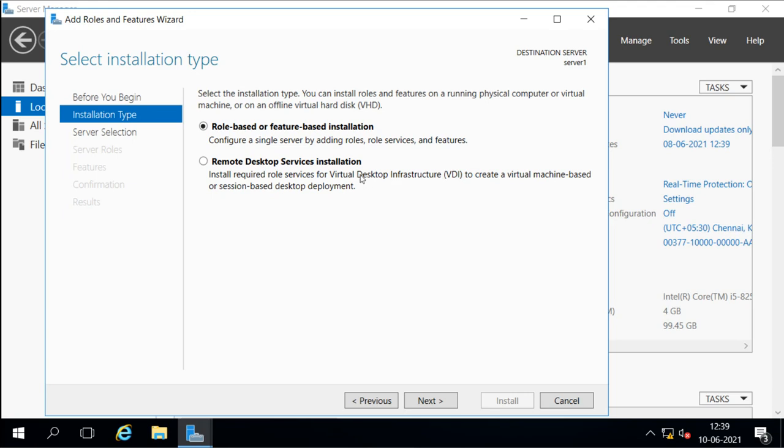A VDI environment is different from the normal environment we are using. In this VDI environment, it is using remote desktop features. Remote desktop feature, that means it is based on a thin client environment. Now what is a thin client environment? In the thin client environment, we have a fat server and thin clients.